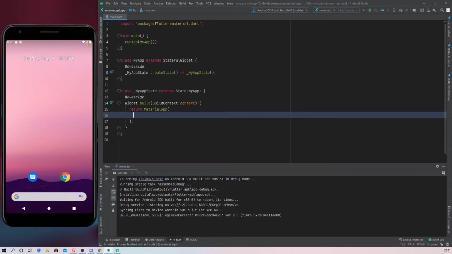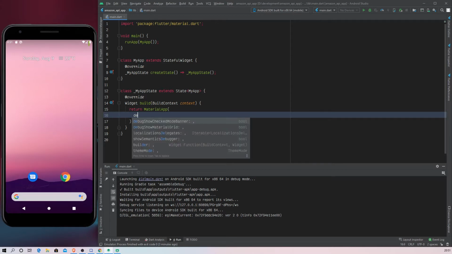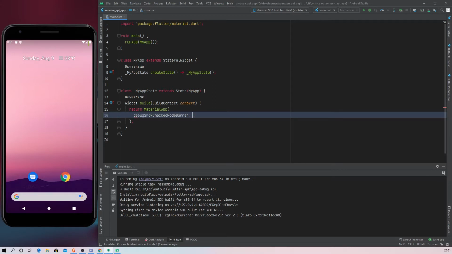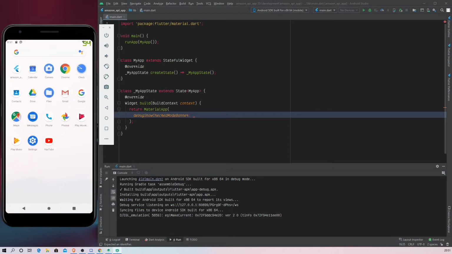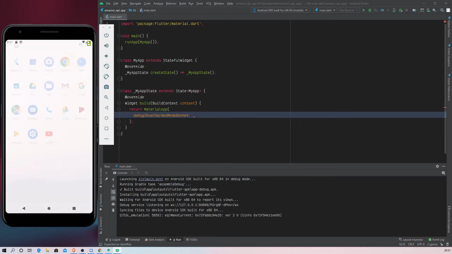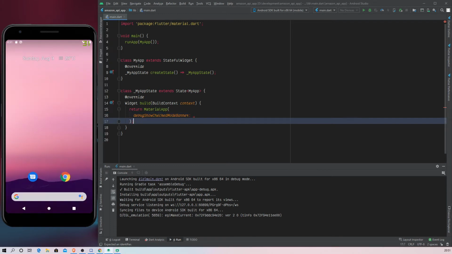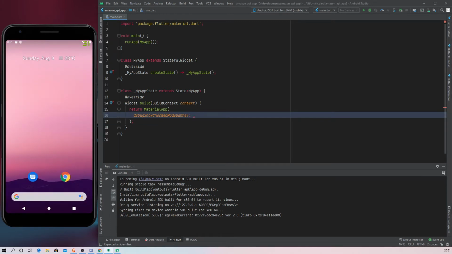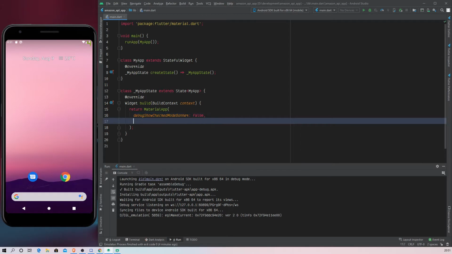And then, so the MaterialApp, we're going to say debugShowCheckedModeBanner. In short, what does this long statement mean? Basically, you would have noticed in the demo app there was this debug banner here in the top right. I think I can show it to you guys. Yeah, one second, just let it run. Yeah, this one, this debug banner here. So we're just going to remove that, and we're going to set this to false because we do not want this to be seen. So false. And this will also have a home property which will be a Scaffold,